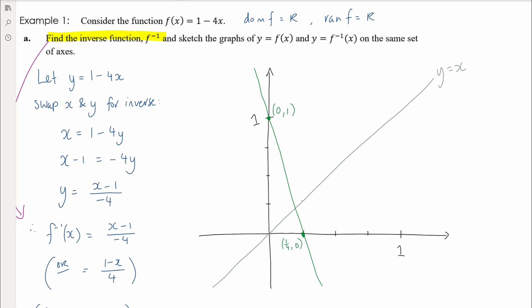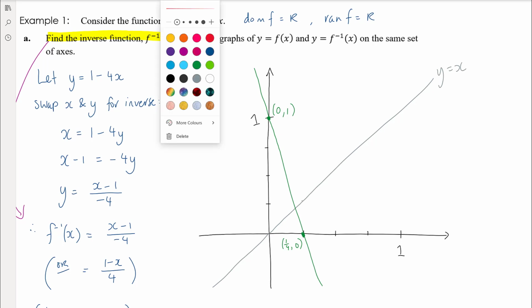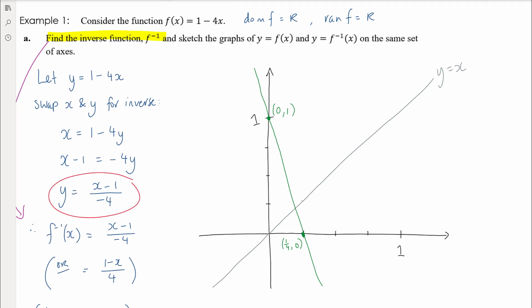Okay, so now I wouldn't bother if I'm trying to draw the inverse function. Just let me make that pen a bit thinner. If I'm trying to draw the inverse function, I wouldn't be bothering to draw this equation. I would be simply mirroring my green graph in the line y equals x, which is about swapping your x